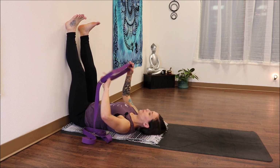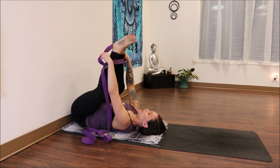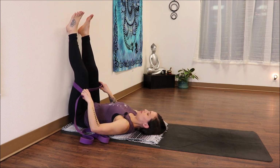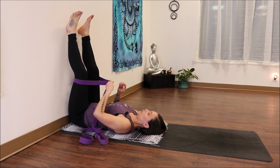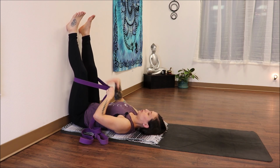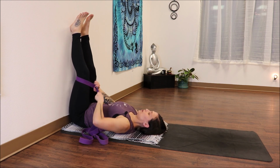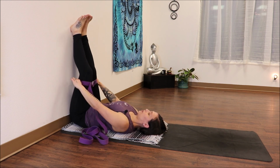Find your loop. Bring your legs down just enough to where you can bring your legs to the inside of the loop and then bring that loop all the way down to about mid-thigh. Bring the buckle of your belt or your strap in between the legs so it doesn't cause any tension on the skin. And then tighten your belt or your strap to where it feels comfortable